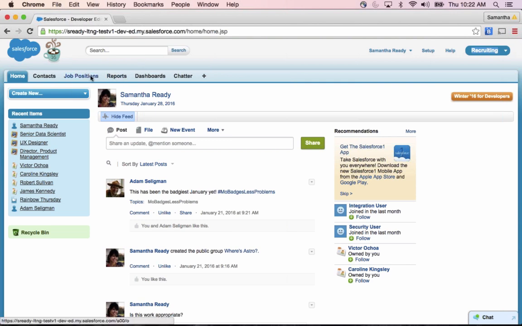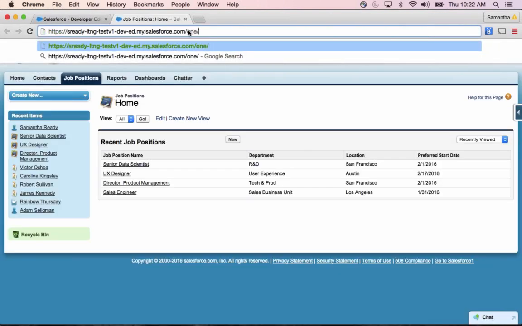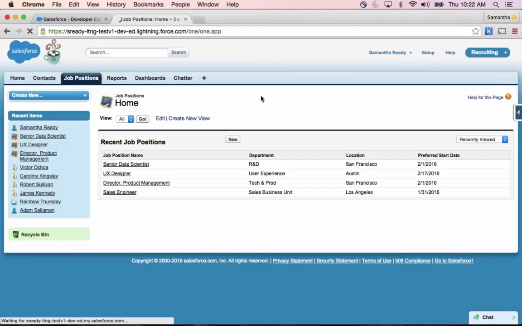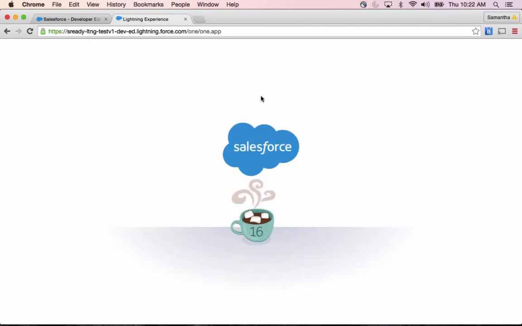Let's take a look at what this would look like inside of Salesforce 1. I want to first show you my Lightning tab. For anyone who has tried using the Salesforce1 app as of Winter, you may notice that it takes you to Lightning Experience instead of Salesforce 1. And this is something that can be mitigated simply by changing the user agent.